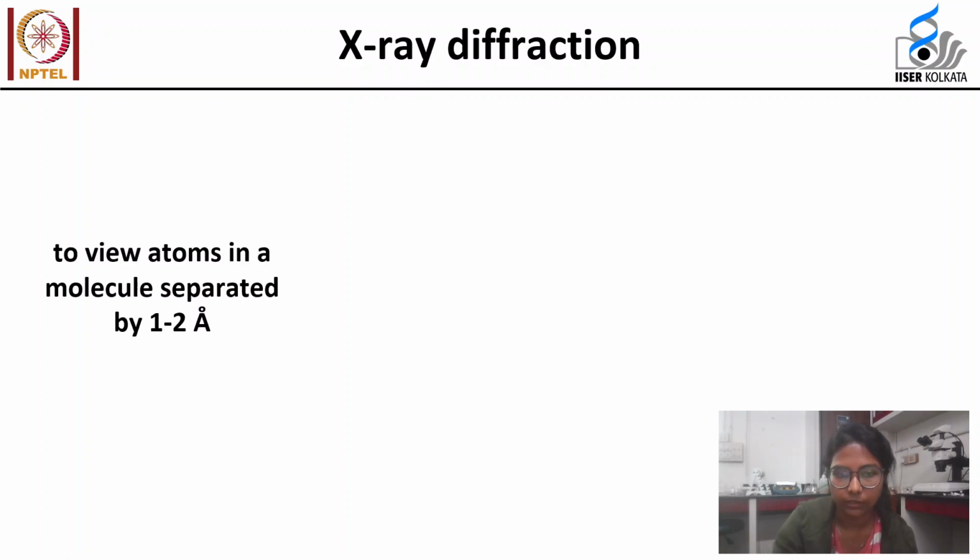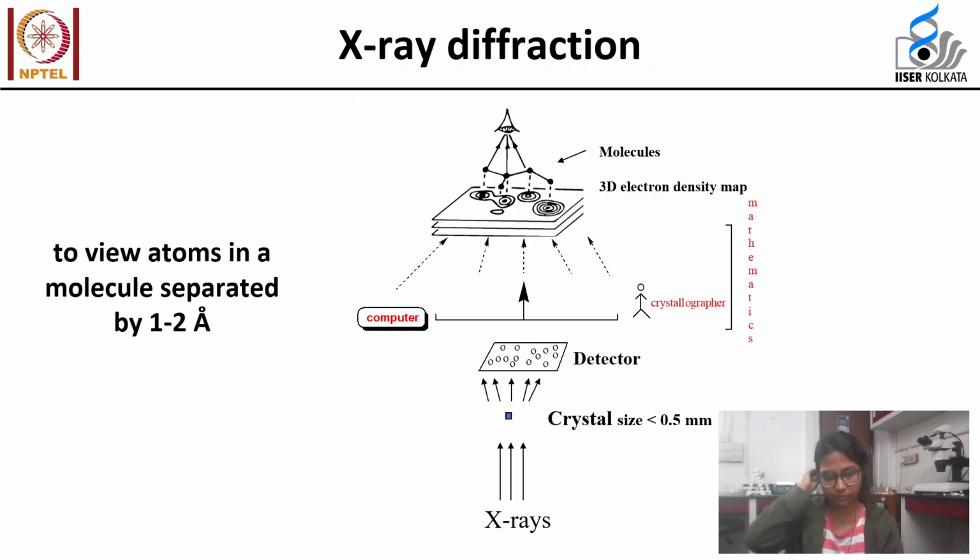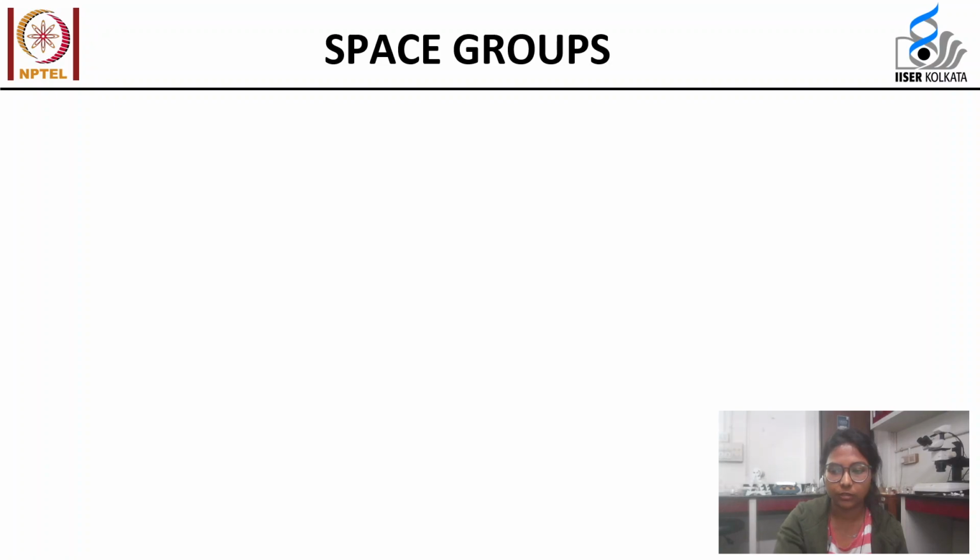So that is why single crystal X-ray diffraction is very useful, because we can get precise information about bond lengths, bond angles, and also the absolute configuration, among many other things. So in the first few lectures by the professor, we have got the preliminary idea about symmetries, about point groups, and also about space groups. So we now know that there are 32 different point groups, and point groups are enough to define the symmetry